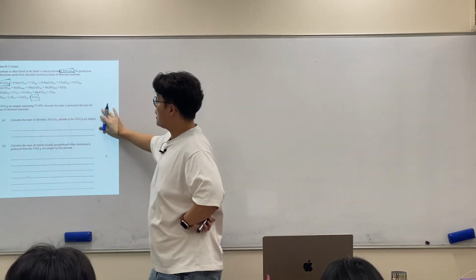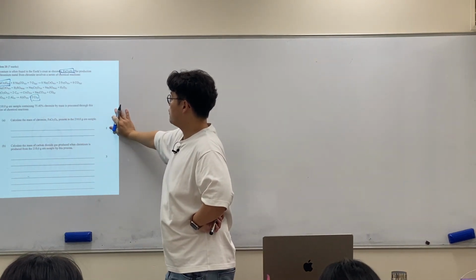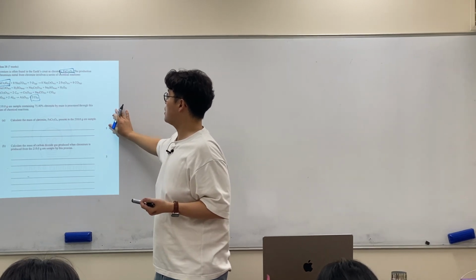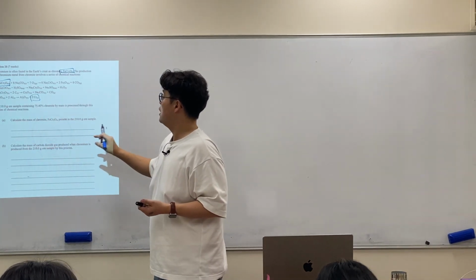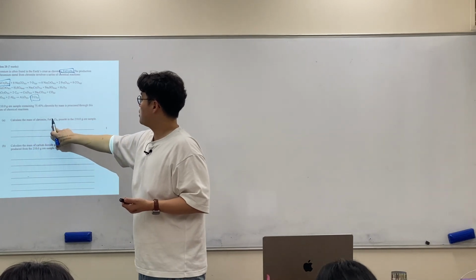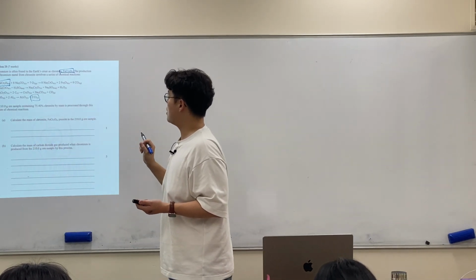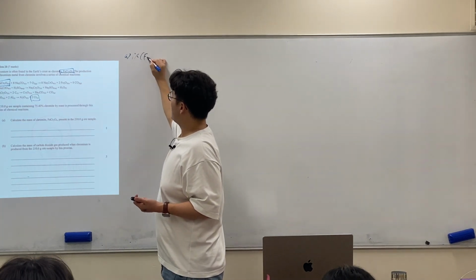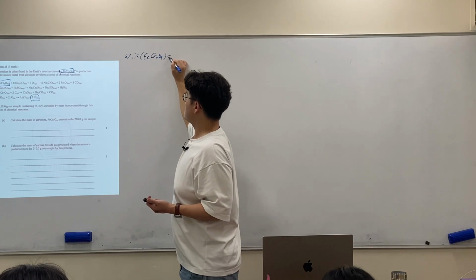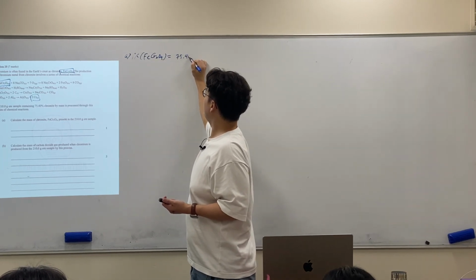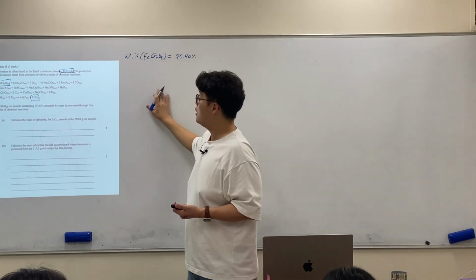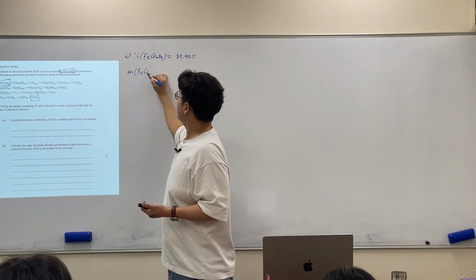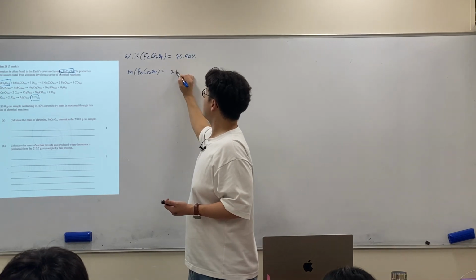A 210 gram ore sample containing 75.4% of chromite by mass is processed through this series of chemical reactions. Calculate the mass of the iron chromate present in 210. For that, as we have the percentage of the iron chromate, it's given as 75.4%. If we have 210, the mass of the iron chromate would be from the total mass